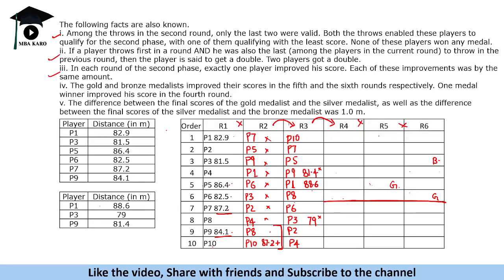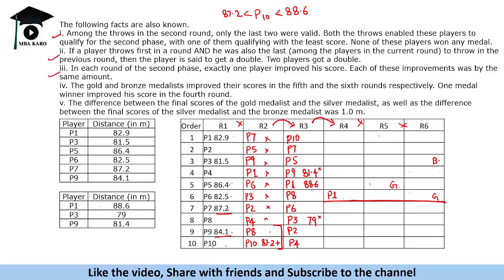That means whatever score that we have, P10 is greater than 87.2 but less than 88.6. That means P1 should have been at the top position. P1 was at the top position because P10 has to go beyond the bronze medal. Okay, if P10 is at the top, he cannot be going to the non-medal position. Then we have,